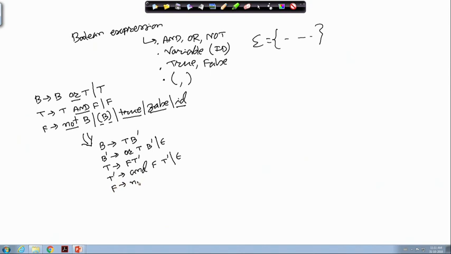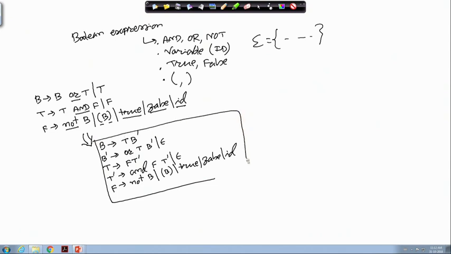So, this remains unaltered: not of B, or within brackets B, or true or false or ID. So, this is the grammar that we have finally for the top down parsing.